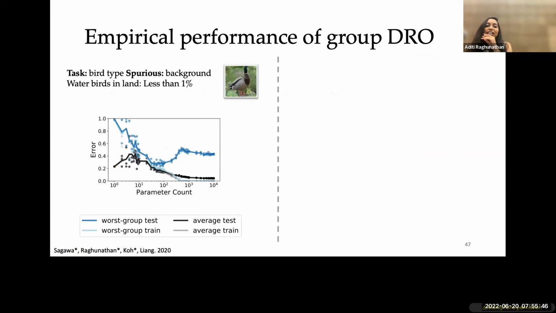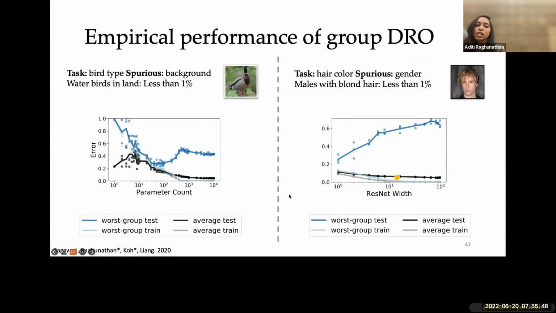In the interest of time, I'm just going to briefly mention an interesting observation. The other kind of robustness that I spoke about was with groups or subpopulations. If we optimize for the robust optimization variant here, what we see is that with really large models, you don't really get good performance when you look at the robust error shown in blue. So you should actually use much smaller models to see some improvement with this robust optimization. If you see here in both these curves, the performance of the blue, which is the robust error, is much better on smaller models than larger models.